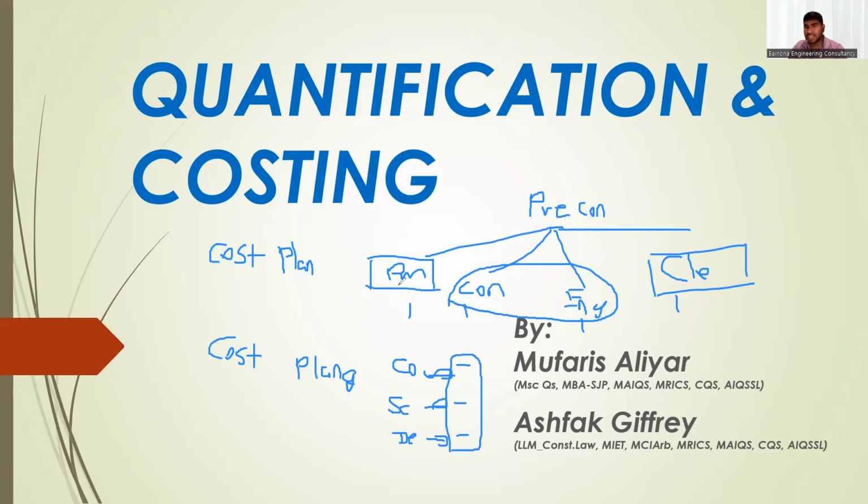So first you have to understand from a client perspective: is his concern the time, or the quality, or the money? Then whether he needs his own designer or needs to hire a designer separately. Whether he needs to do the design and construction parallelly, all this you need to understand from the client. Then you have to prepare a procurement report. That is the quantity surveyor's duty. The procurement report will tell the client, okay, for this project you will go for design and build, or design and construction.